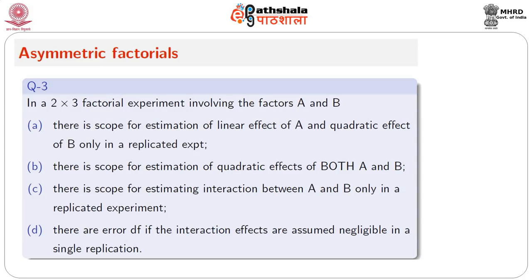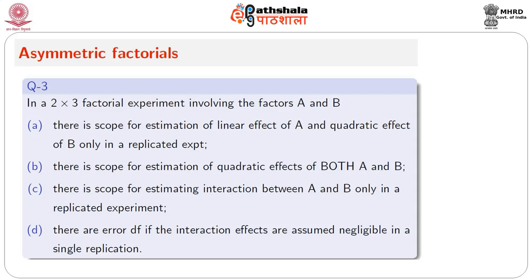So, in a 2x3 factorial experiment involving the factors A and B, the options are pretty similar. There is scope for estimation of linear effect of A and quadratic effect of B only in a replicated experiment. The second one: there is scope for estimation of quadratic effects of both A and B. The third one: there is scope for estimating interaction between A and B only in a replicated experiment. And the final one: there are error degrees of freedom if the interaction effects are assumed negligible in a